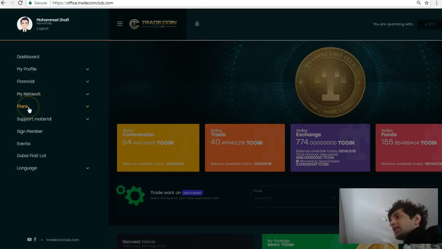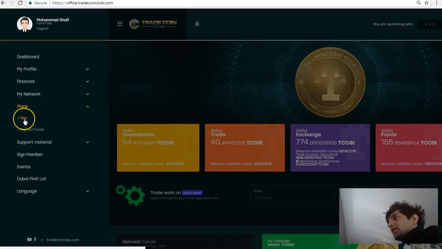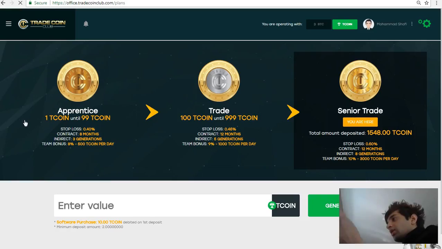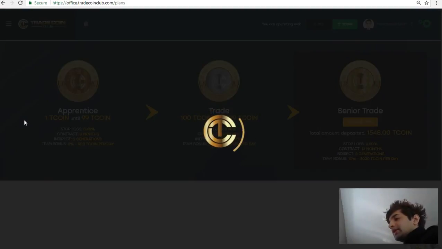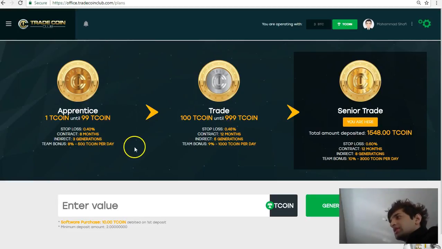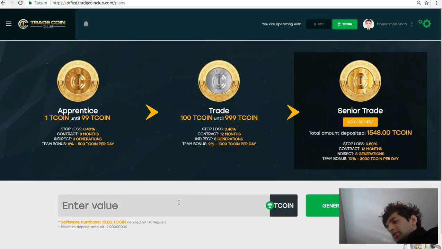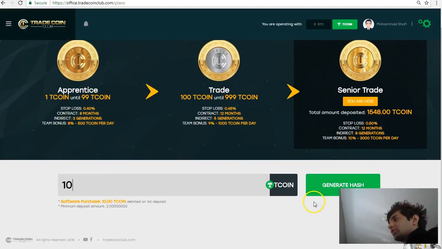and actually before you compound, please take note of how many coins you want compounded. I'll be compounding 10. So click on plans, you click on buy. I'll also be putting a little text tutorial in the description below to make it easier for you guys as well. So just put 10 T coins, and then you click generate hash,